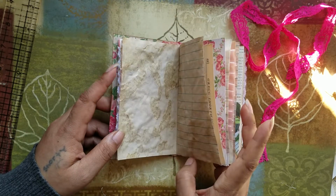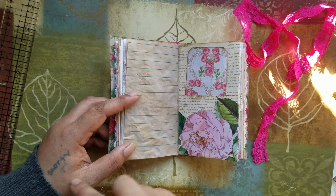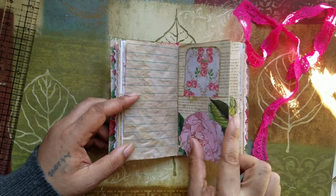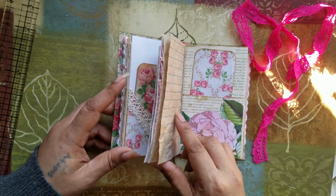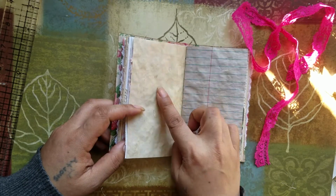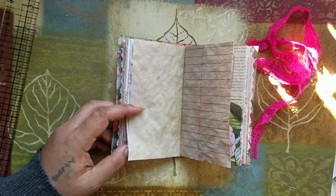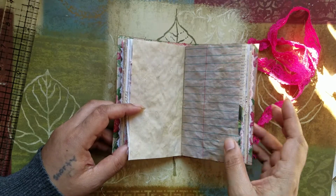I'm really excited because I'm actually making one for myself. Well, I'm not in the process of making. I would like to make. So I'll take that back. I would like to make one for myself that is this size, and I'm probably not going to put too many of these kind of pages in. I think I'm going to have it more lined pages or just the plain coffee dye page, because I want to use it to carry with me in my purse. So number one, I want it to be small so I can stick it in my bag. Or, you know, if I have it in the house, I can keep it near me at all times, but it's something just little, because